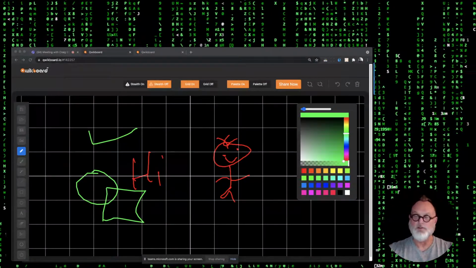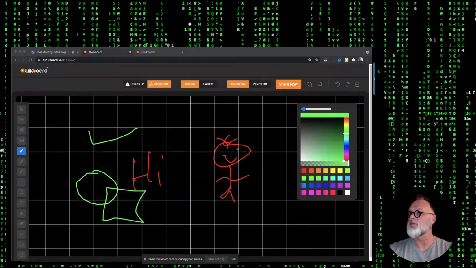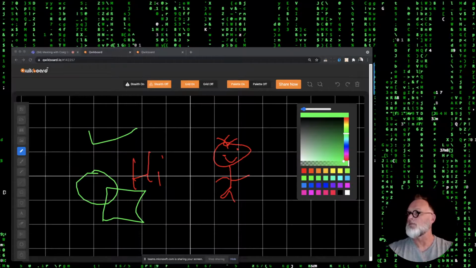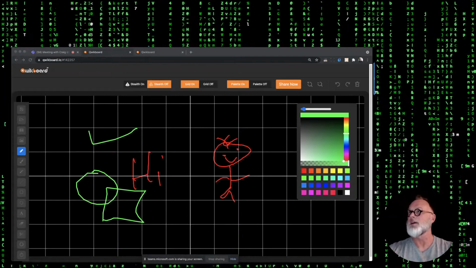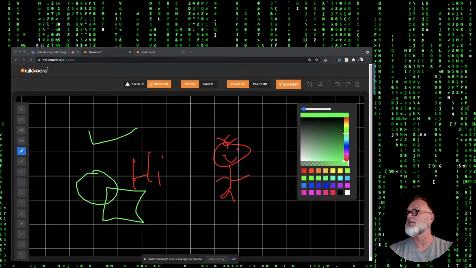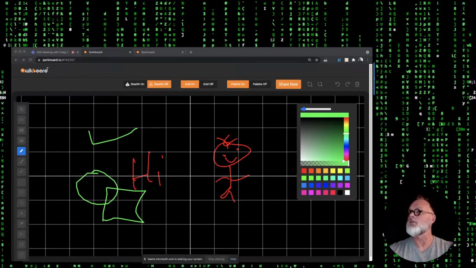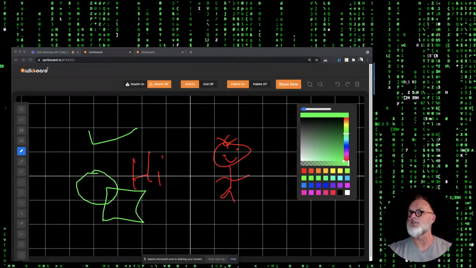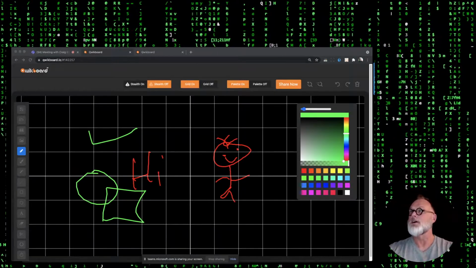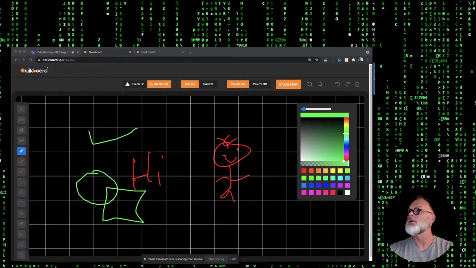So you saw the previous video on how to use QWIKboard with Microsoft Teams. In the event that you want to send the entire OBS screen, that means my picture, the background with the matrix and the QWIKboard, we'll send all of that in a screen over to Teams. Essentially what you'll do is